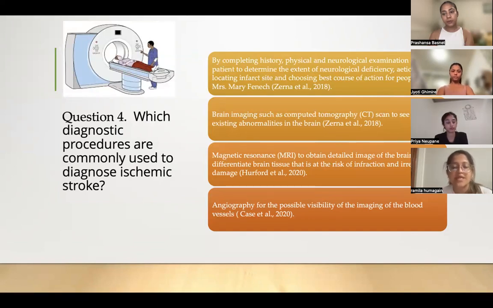Secondly, brain scanning such as CT scan and MRI. CT scan, computed tomography scan, is a computerized scan of the brain which shows the existing abnormalities in the brain. Patients who are suspected of acute stroke are referred for CT scan to determine the age and degree of ischemia and also rule out other pathophysiological conditions including deposition of blood clots in the blood vessels of the brain